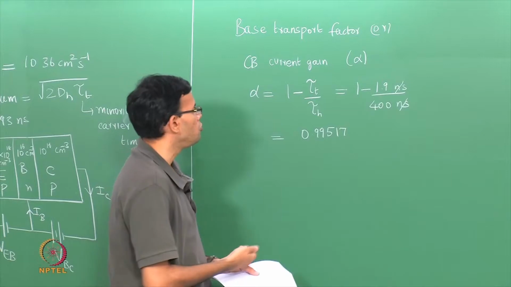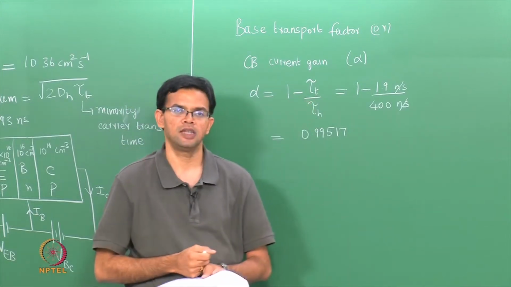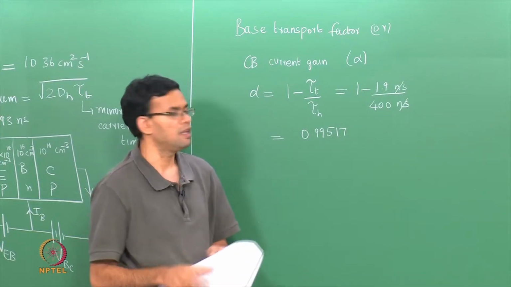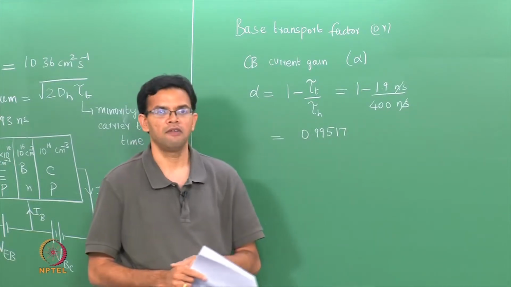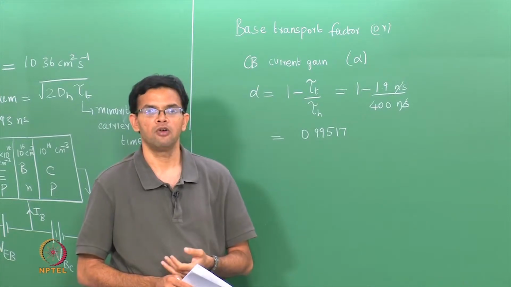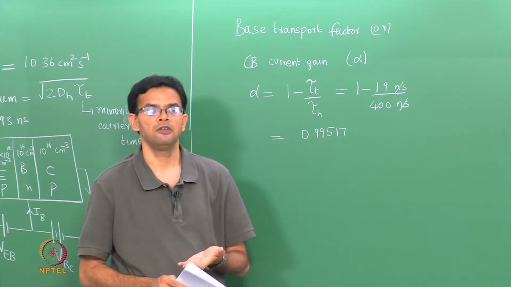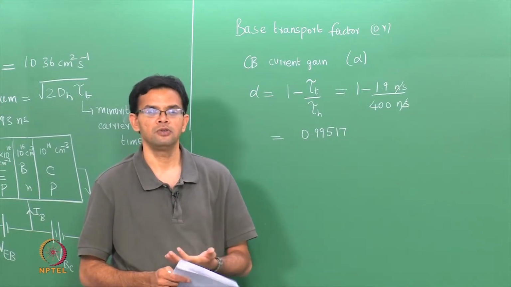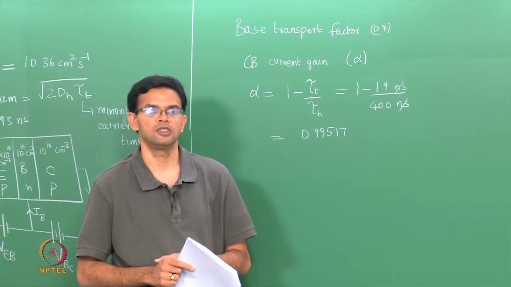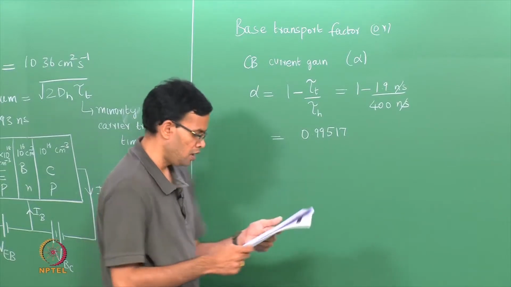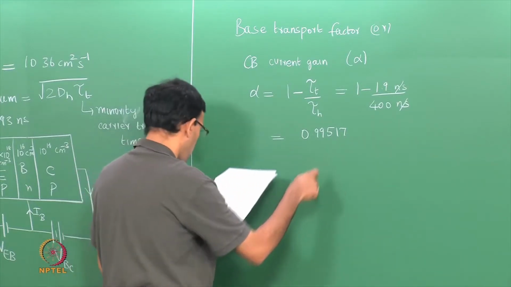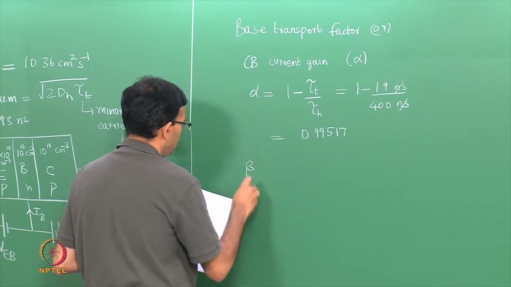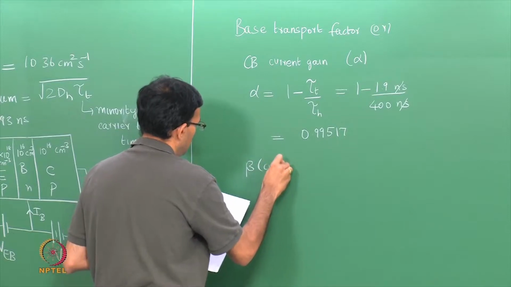So, one way to do that is to reduce the transit time. This you can do by making the base thinner. Another way to do that is to have a higher value of tau h, which is the higher value of your minority carrier lifetime. This again you can do by reducing the doping concentration in the base. So, alpha is 0.99517. We also want to calculate the current gain, that is beta,